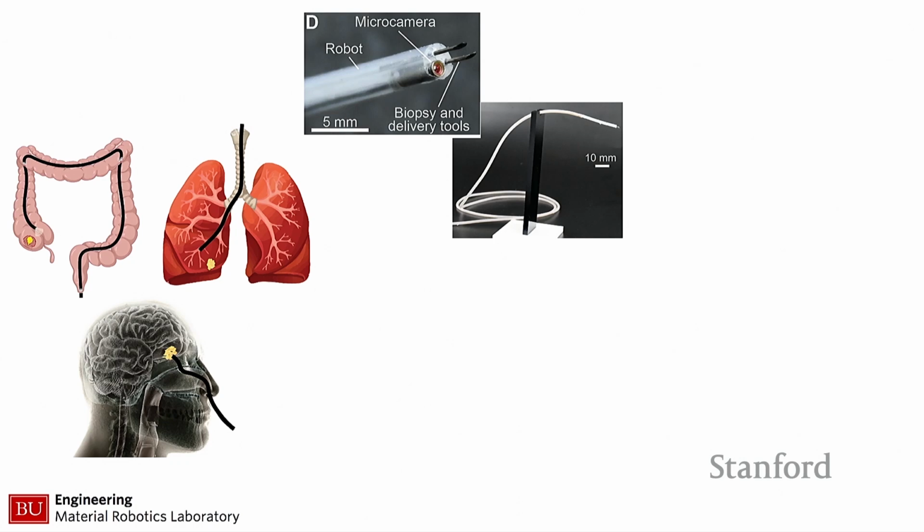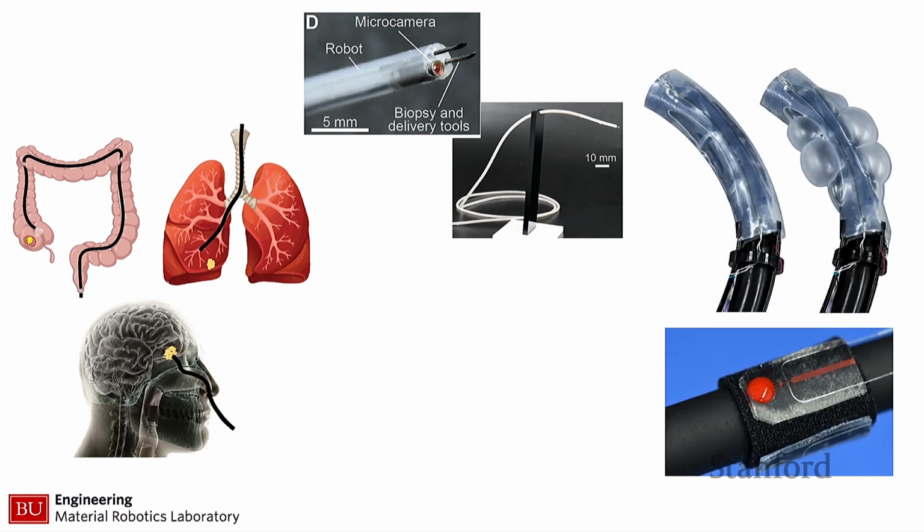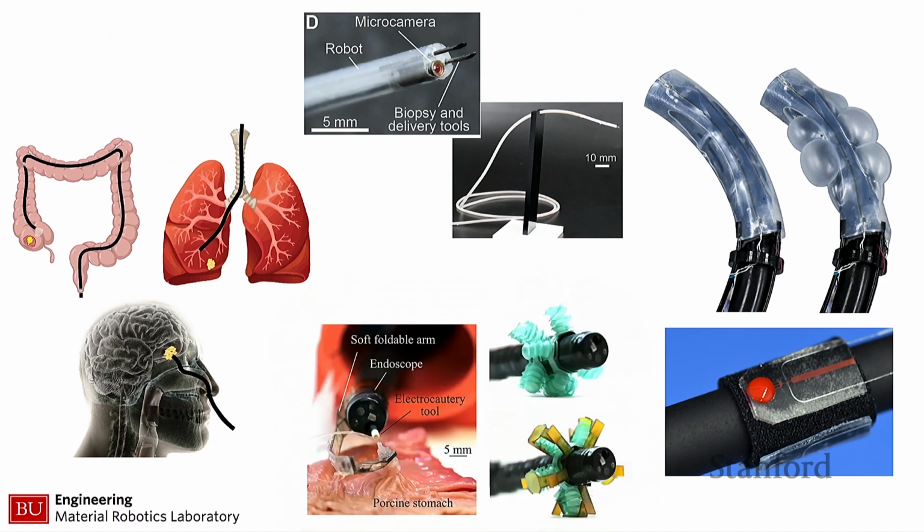And so in my lab, we have been investigating 3 classes of different soft surgical robots to do that, which are soft continuum robots, soft reactive skins, and in this part of the talk, I'm going to be focusing mostly on how we integrate soft sensors inside our robots, specifically focusing on soft optical sensing, and then hybrid soft rigid robotic mechanisms. So robots that basically want to combine the best of both worlds when it comes to soft robotics,